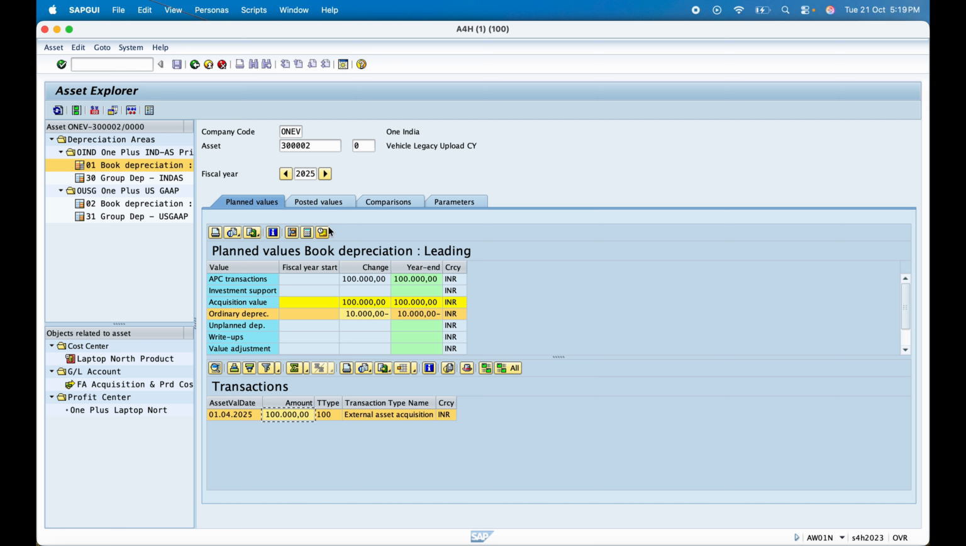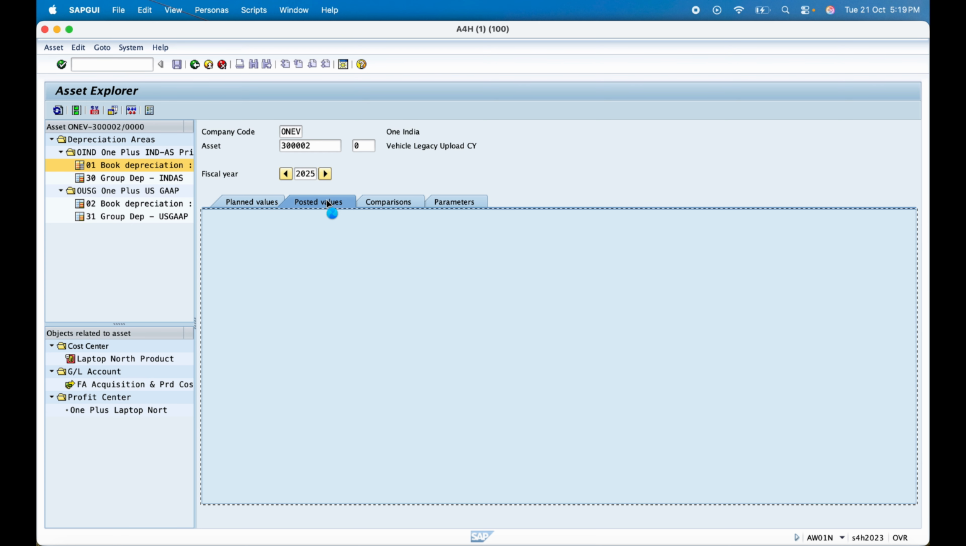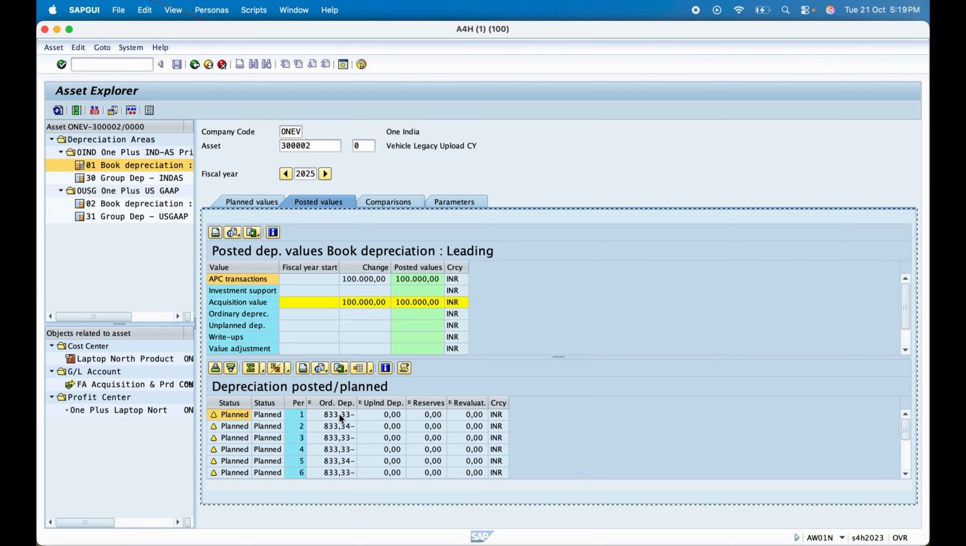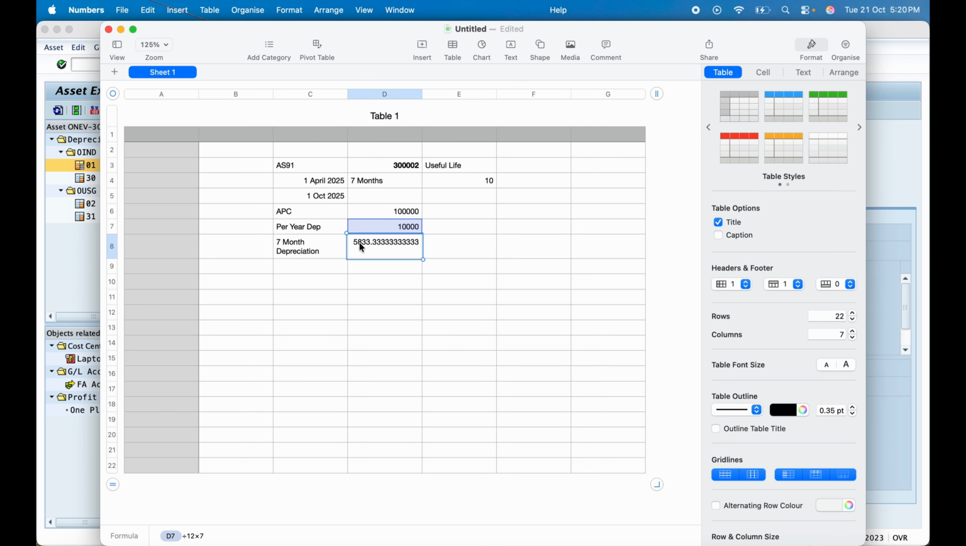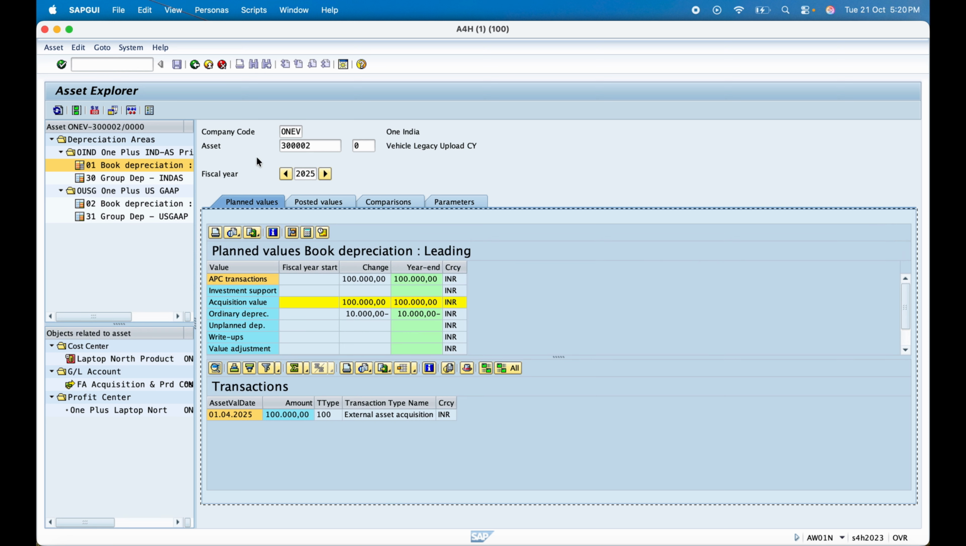external asset acquisition. Go to posted value, and as you can see, no depreciation has been posted. All depreciation is planned to be posted, and the value of depreciation is 10,000 as per our calculation. Now we have to post this much depreciation into the system. Now go to SAP again, go to ABLDT transaction,